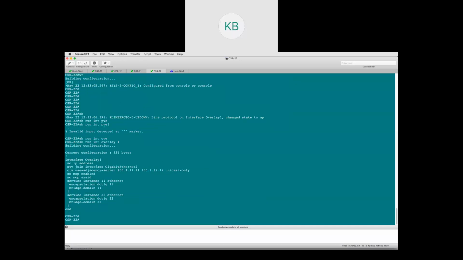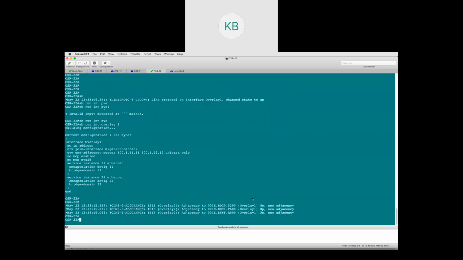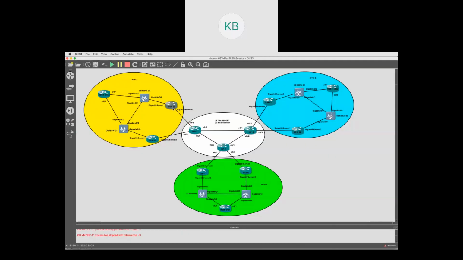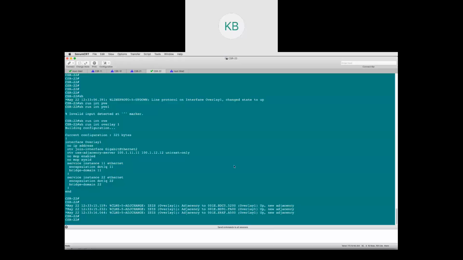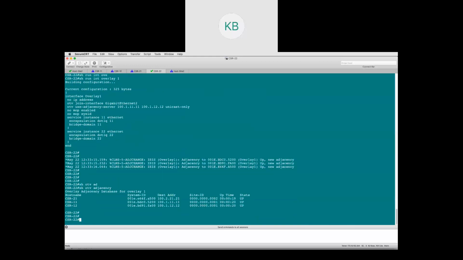Okay, so this is configured in unicast mode, and you can see that all my 3 adjacencies came up. The reason it is 3 is that from this router's perspective, there is 1 for CSR 21, 1 for CSR 11, and 1 for CSR 12. So I could see a total of 3 adjacencies. If I do a show OTV adjacency, you can see everything there. If I do a show OTV site,